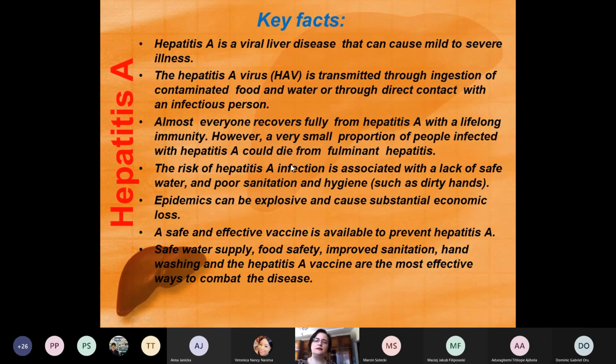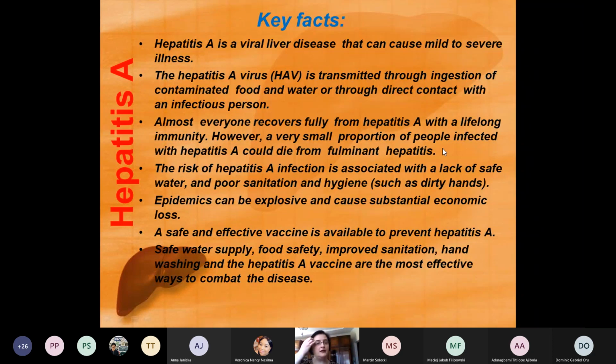Key facts: hepatitis A is a viral liver disease that can cause mild to severe illness. Hepatitis A virus, HAV for short, is transmitted through ingestion of contaminated food and water or through direct contact with an infectious person. Almost everyone recovers fully from hepatitis A with lifelong immunity. However, a very small proportion of people infected with hepatitis A could die from fulminant hepatitis, as I told you